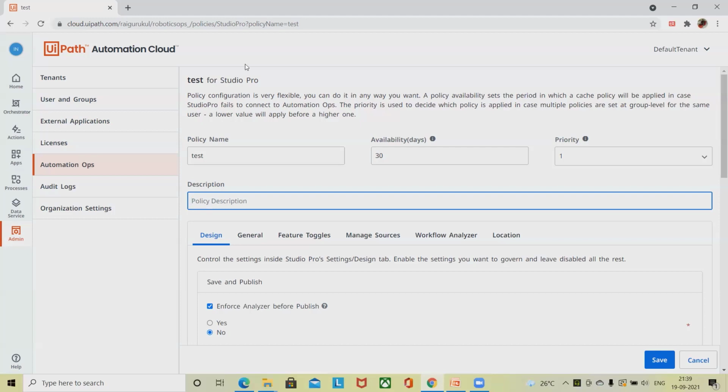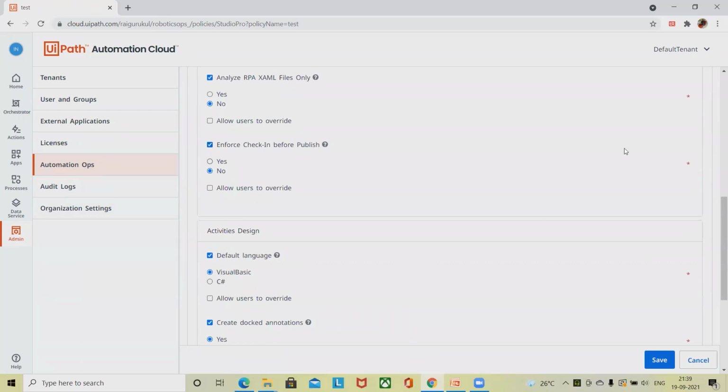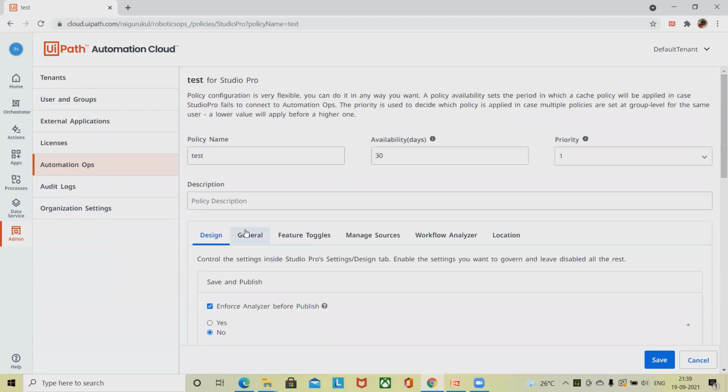So here we have to go to the admin and automation ops and then settings. In the settings sections, you can find different sections. From there, you can add or define different settings. From the settings sections, you can go to the policies, and existing policies are listed in the table. But if we don't have one, we can add it as I did. Post that, we can also create a duplicate if we want to. Otherwise, we have to generate the governance policy from Studio and configure the governance policy details.